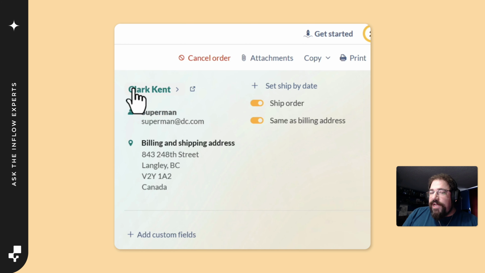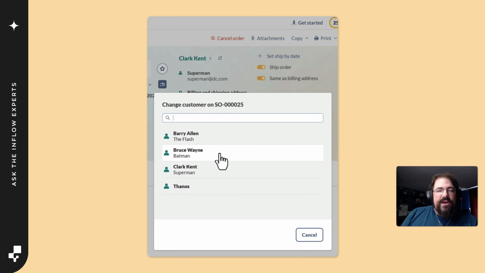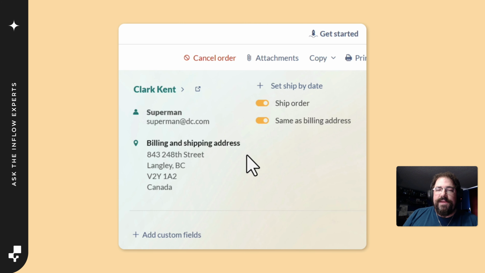If you did need to change customers, you can still do that. You just click on the name, it's going to open up that modal, and you'll be able to choose the new customer that you want it to be. This still then includes all of their information, so we've got their email address, their contact name, billing and shipping